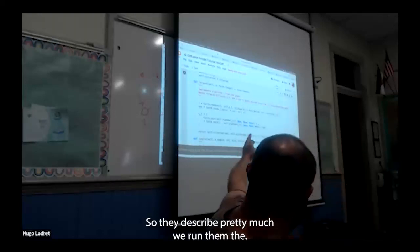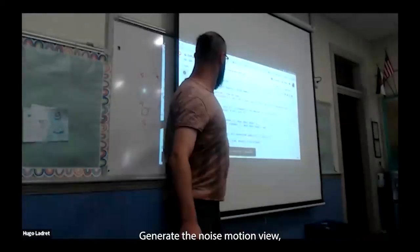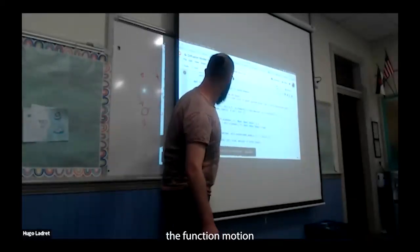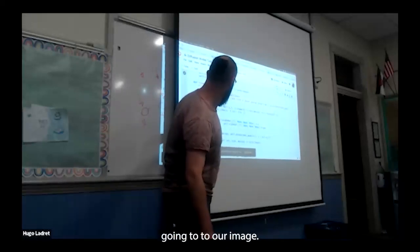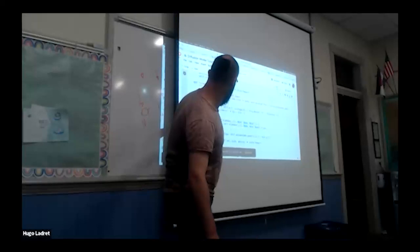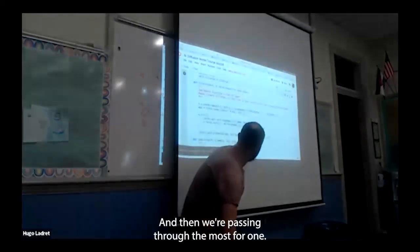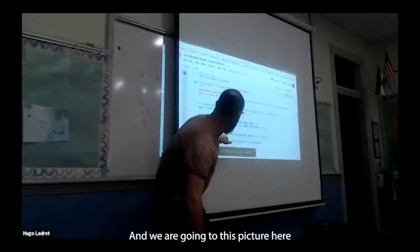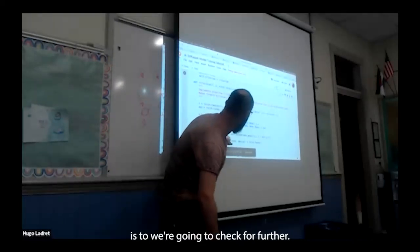Pretty much we randomly generate the t parameter. We generate the noise, the Gaussian here. The function generates the Gaussian, and we are adding the Gaussian noise to our image, and then we're passing it through the autoencoder model here, and this criterion here is L2. We're going to compare the